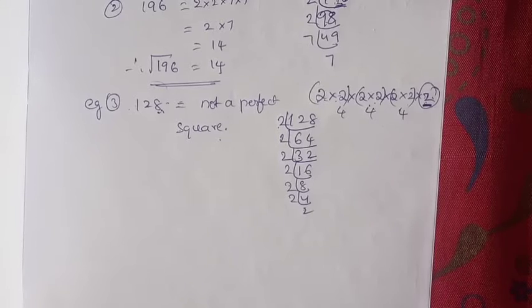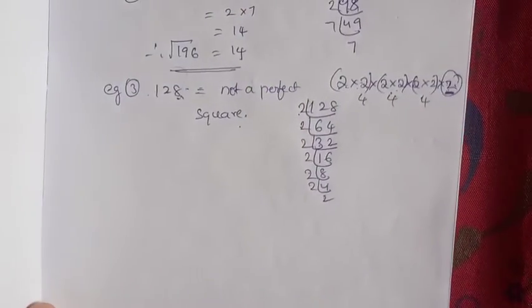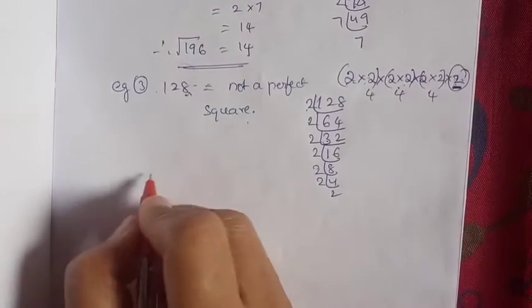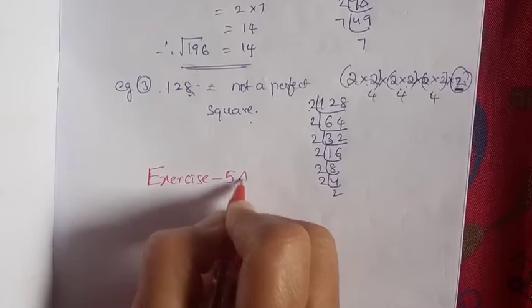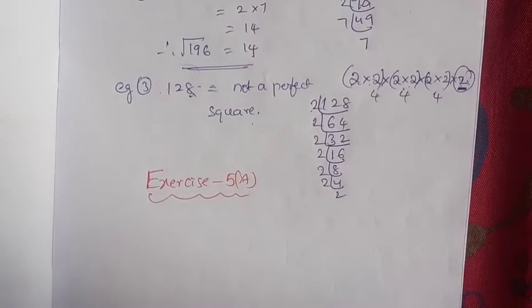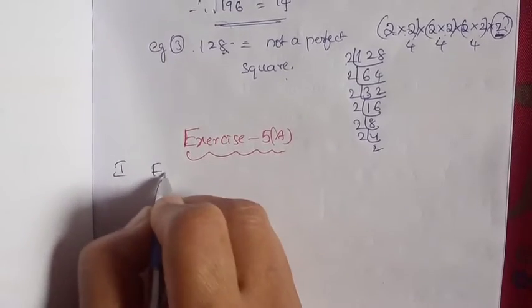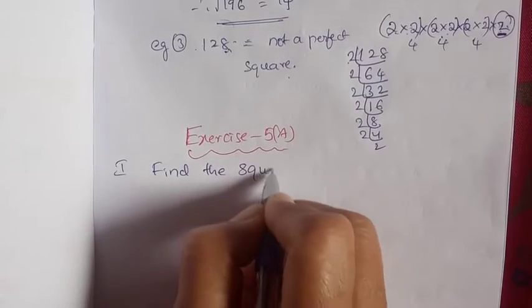Now we will start the exercise, children. Many examples are there between these topics. So you just go through the topics and examples, you solve them, and we'll start Exercise 5A. Okay, so first bit, find the square of